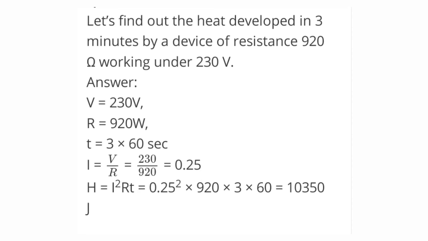that is 1242 kilojoule. Let's find out the heat developed in 3 minutes by a device of resistance 920 ohm working under 230 volt. Answer: V is equal to 230 volt, R is equal to 920 ohm, T is equal to 3 into 60 seconds, I is equal to V by R, that is 230 divided by 920 is equal to 0.25. H is equal to I square RT, that is 0.25 square into 920 into 3 into 60 is equal to